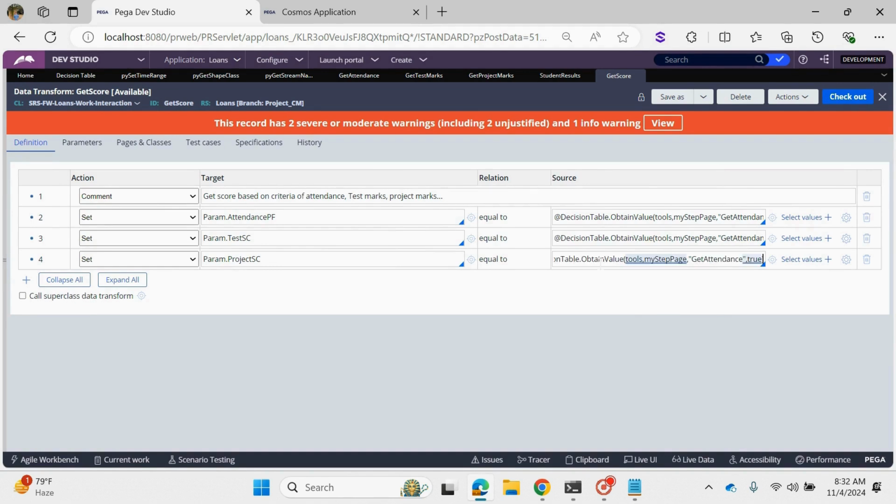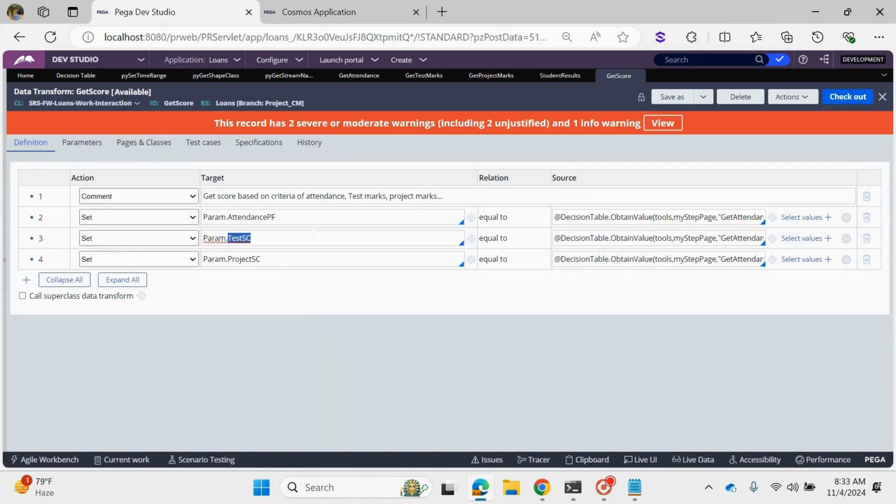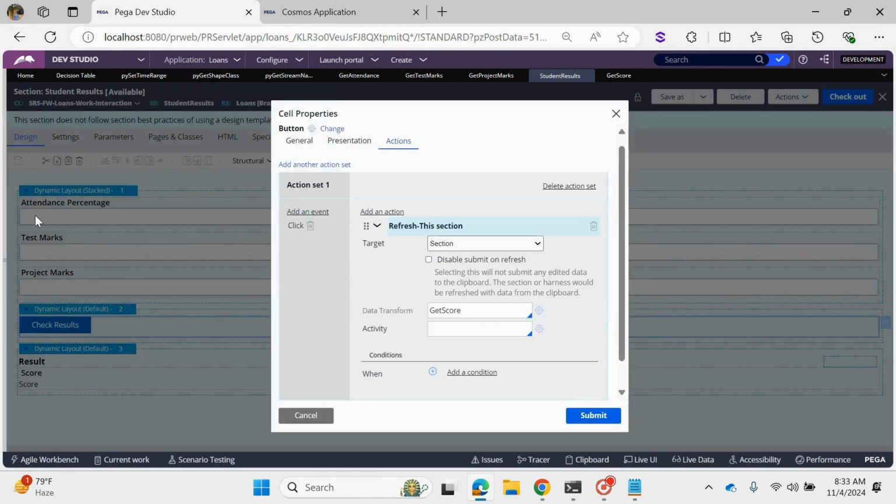Just one doubt here. You're setting this param dot attendance dot pf. Why are you setting this parameter value here? After connecting with the decision table, right? So when you connect with the decision table, first the section values, whatever values you give in the attendance percentage, test marks and project marks. Let's say percentage is more than 80, test marks 20 to 25, and project marks is like 80. When you click on this check results,